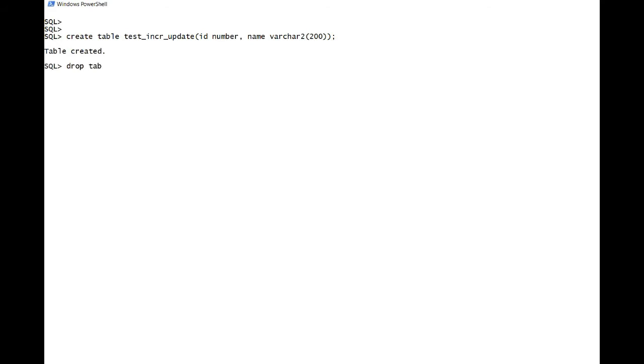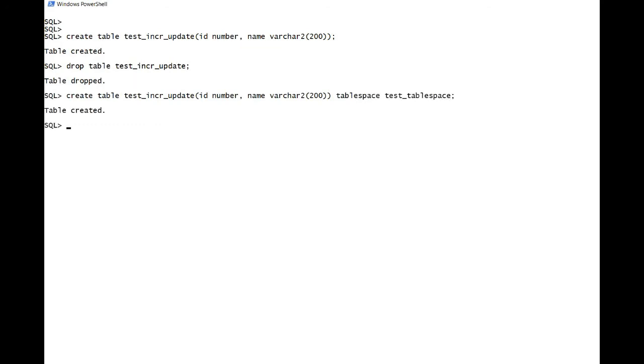oops, let me drop this. I have not specified the tablespace clause, so okay. Let's insert some 2000 rows here. Okay, loop, insert into test_incremental_update.